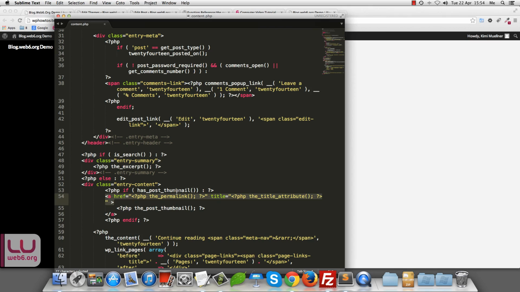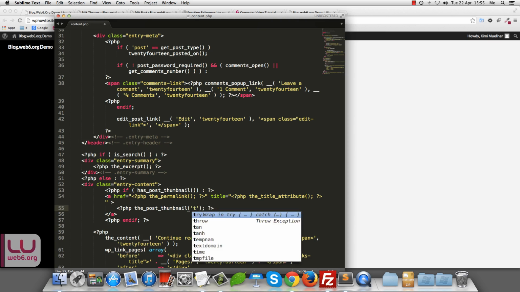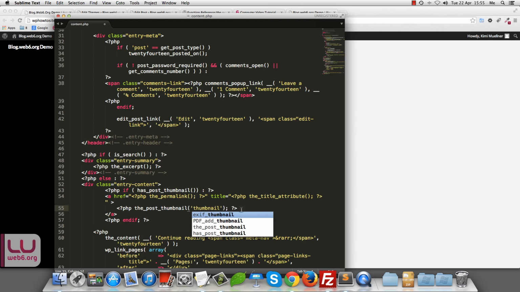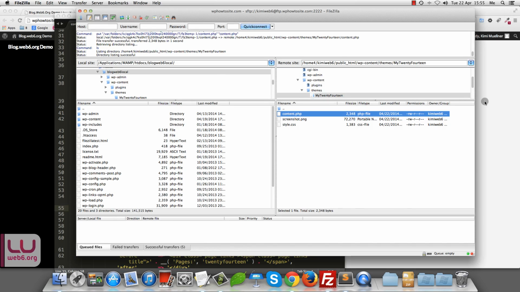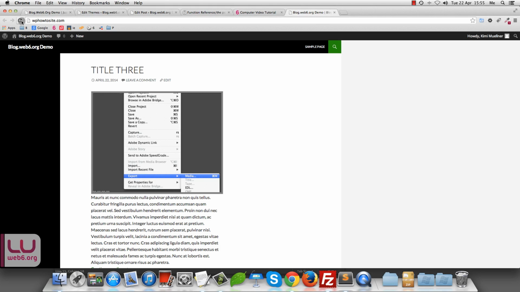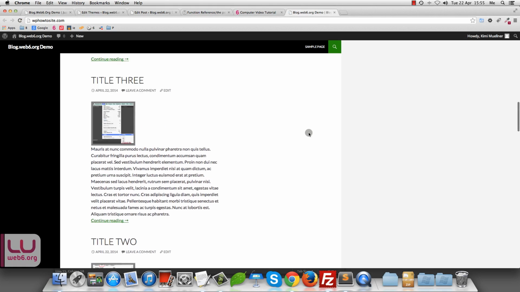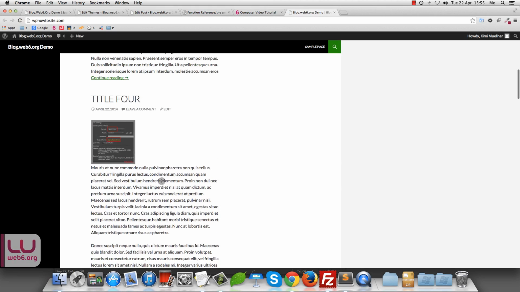What you can do is pass a parameter inside the underscore post underscore thumbnail, between the brackets. Then between quotes you're going to type thumbnail. Then hit save and update it again with our FileZilla and click on yes. When it says directory listing successful, we go to our blog and refresh it, and then you will see now our image is actually